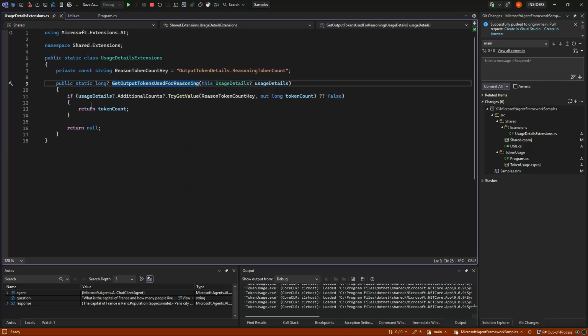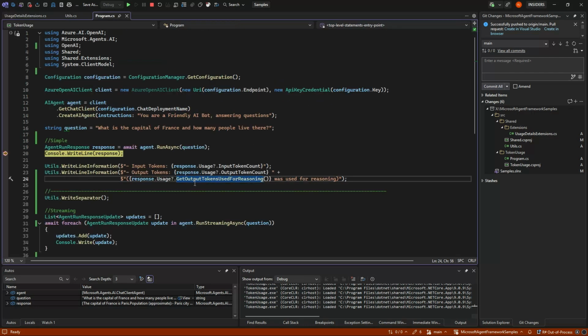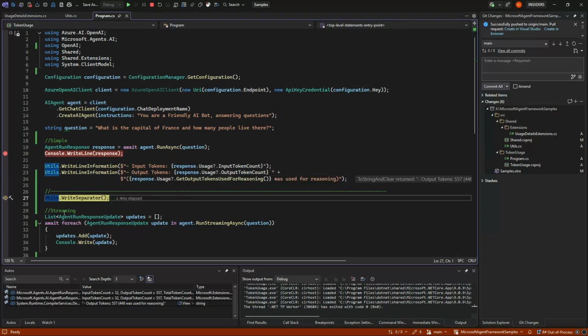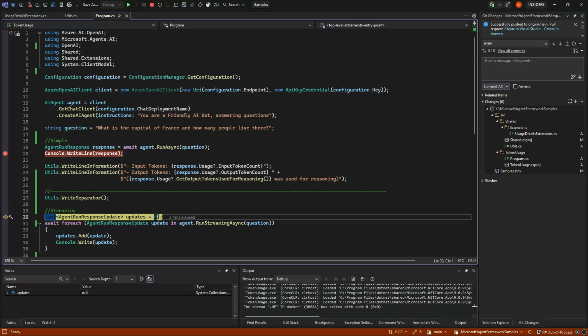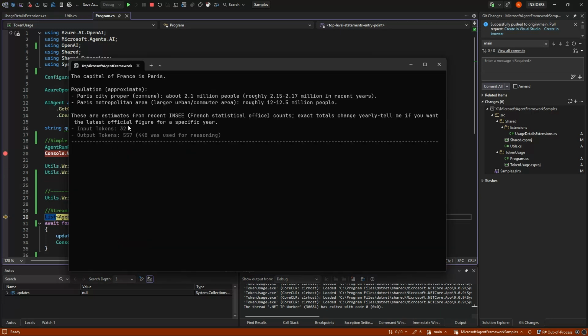So let's simply go in and try to get the value of the reasoning token counts key here and give it back, else it gives back null. So that is everything we need to do. And we will see that we get our information here in gray in this case.